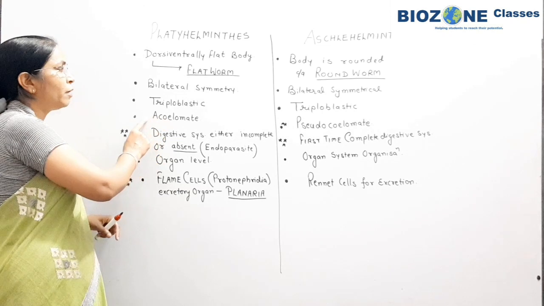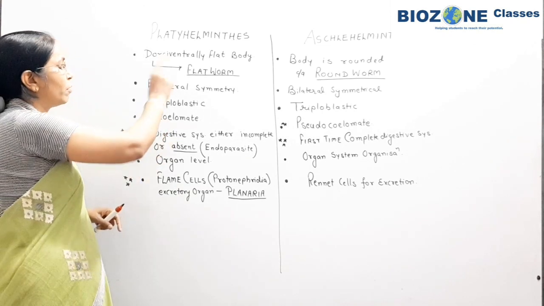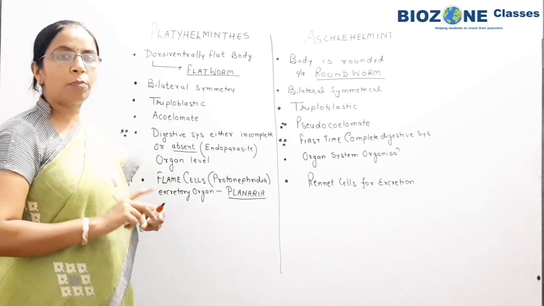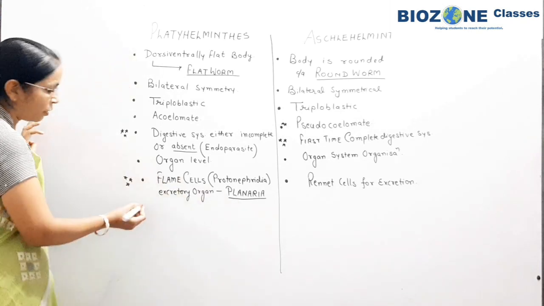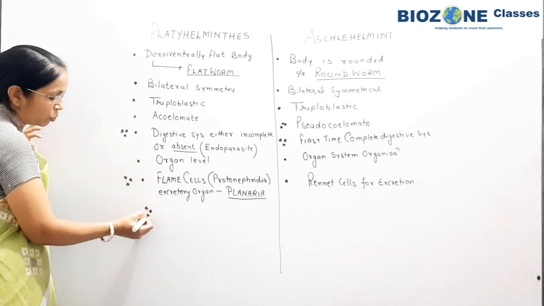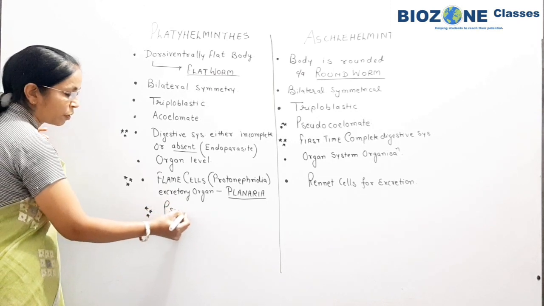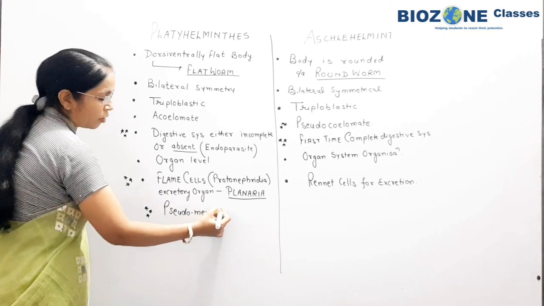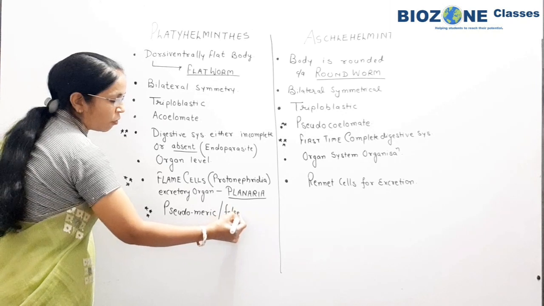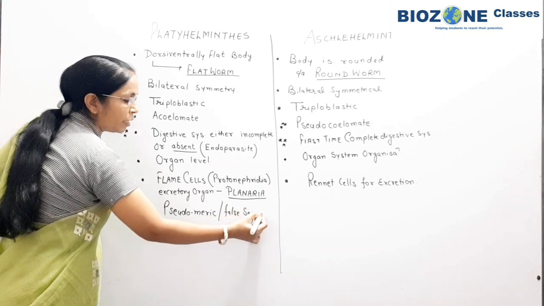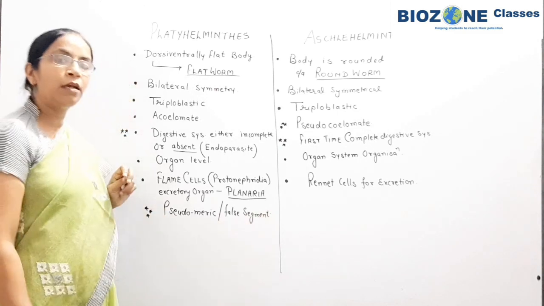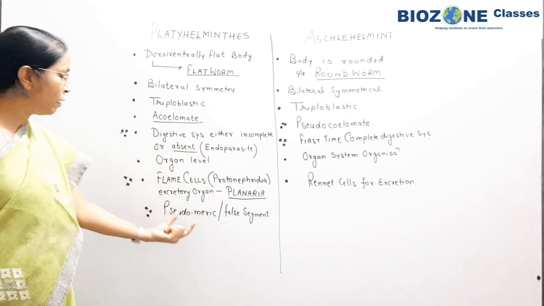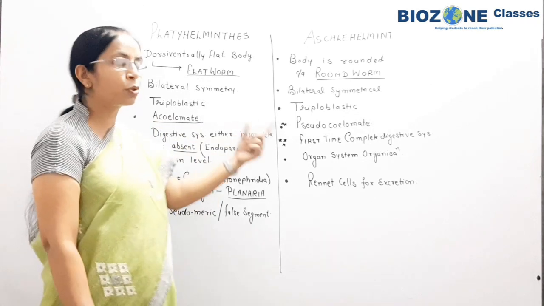One statement is provided in your textbook, even in NCERT, that flatworms are bilateral, symmetrical, triploblastic and acoelomate. That statement you properly remember. One another feature you remember: the false segmentation or pseudo-metameric segmentation. So flatworms are basically showing pseudo-metameric, also called false segmentation. That means the segmented body appears only superficially. Internally organisms कैसे हैं आपके? Internally organisms are acoelomate. This pseudo-metameric segmentation, you go through the NCERT.